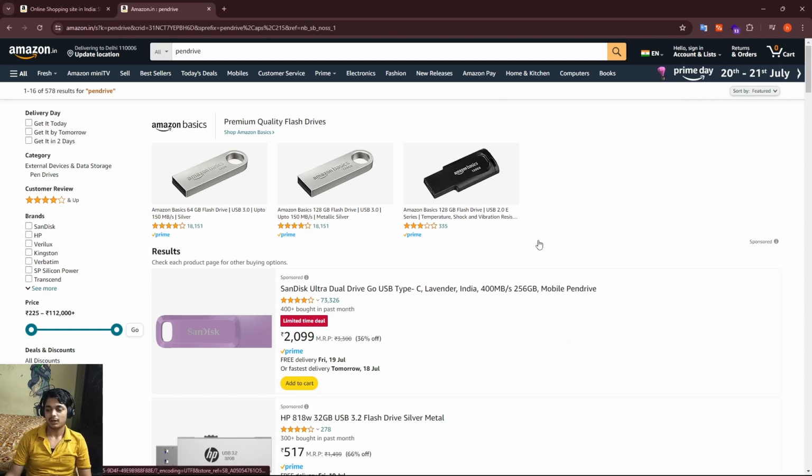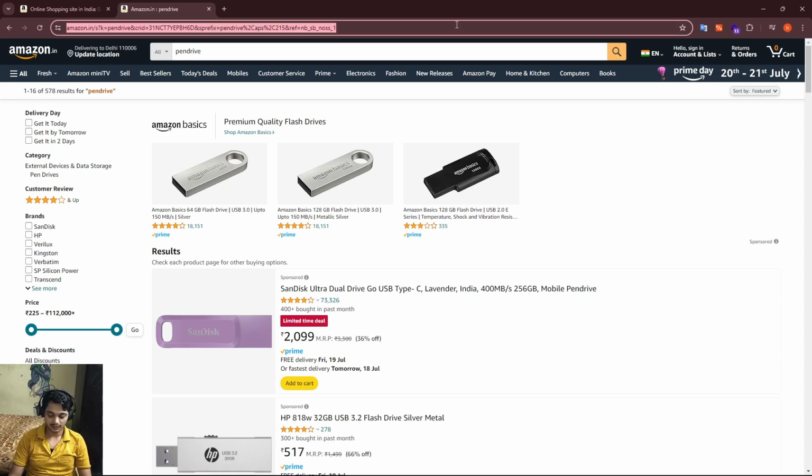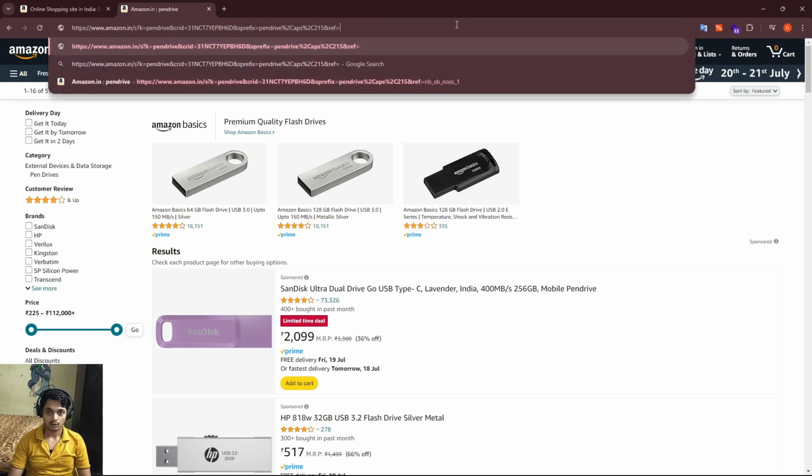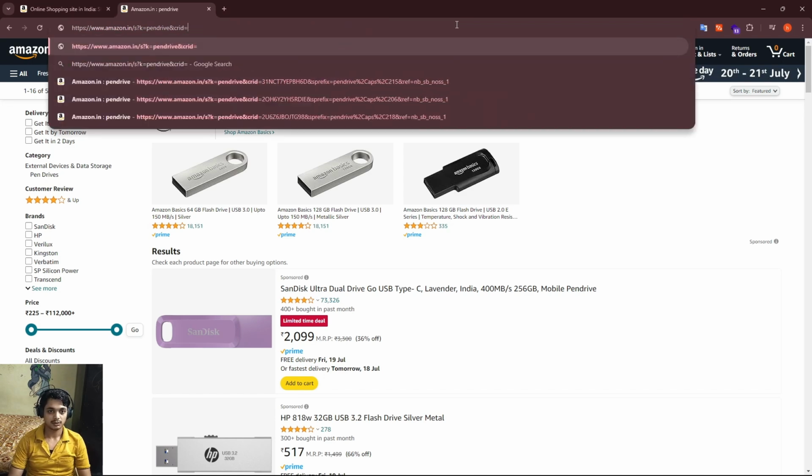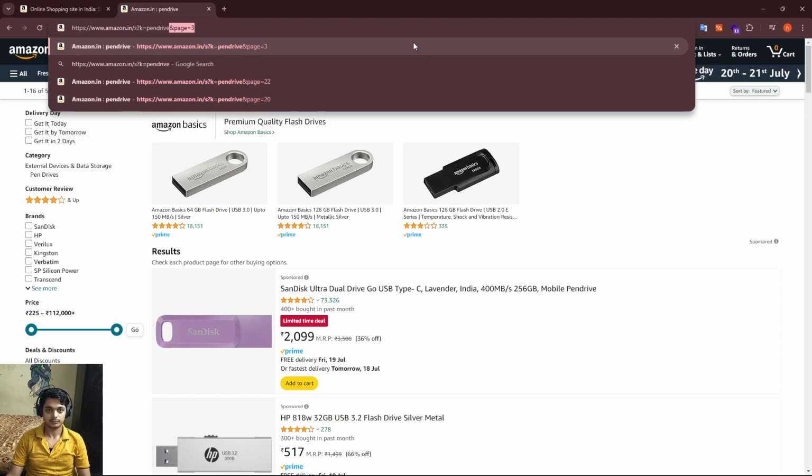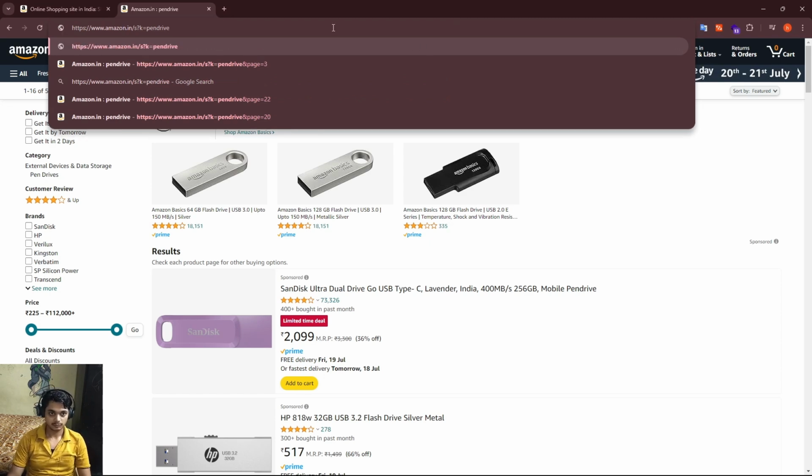And now we can make our spider land on this page by using this URL. Let's just get rid of all the unnecessary parameters here. And this should be enough for us to land here. So let's get a hold of this and